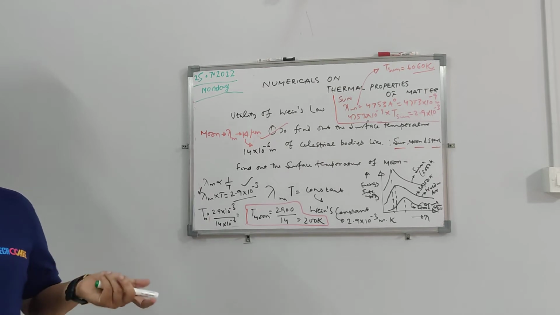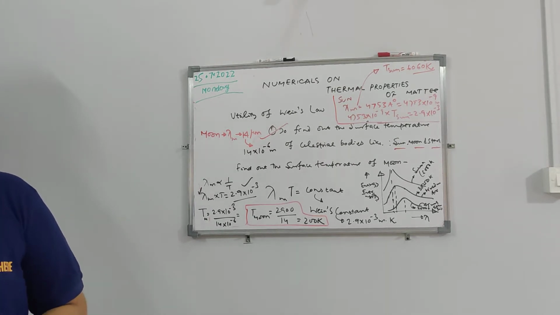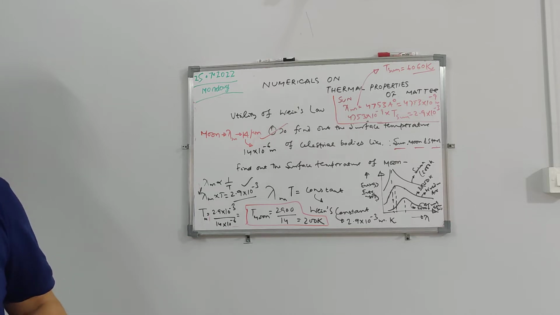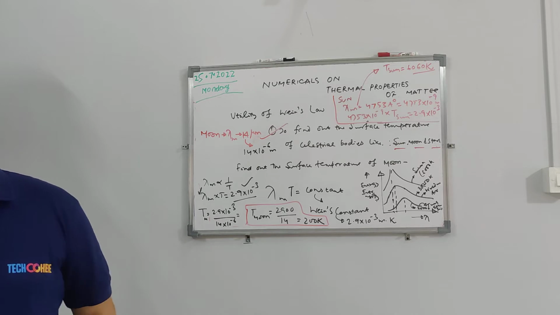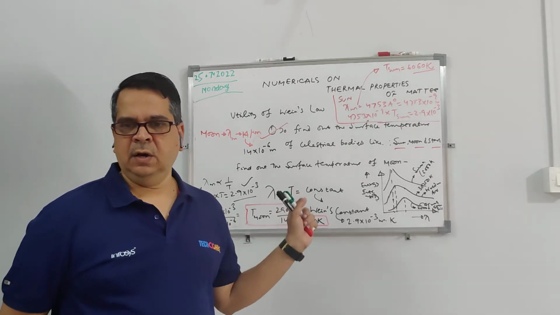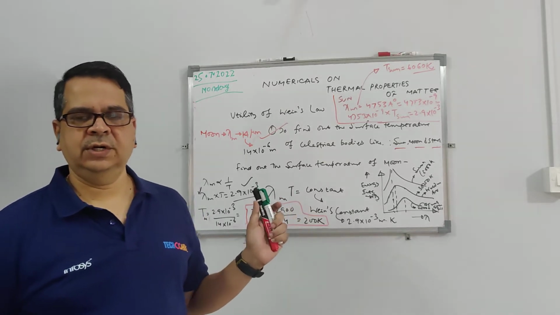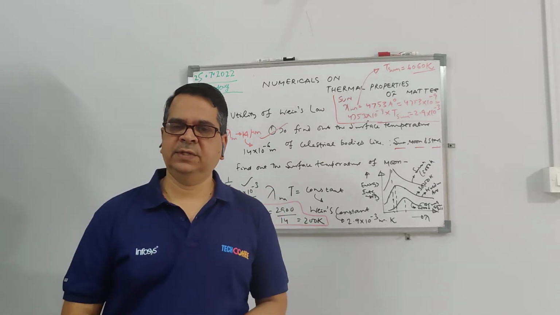So this is the temperature of the surface of the sun, but it is not the temperature of the interior of the sun. The temperature of the interior of the sun is much higher. So this is an important application of Wien's displacement law, and how we measure the temperature of celestial bodies